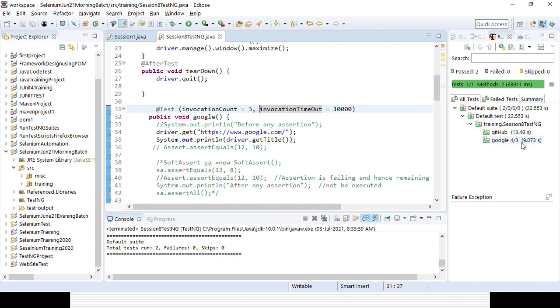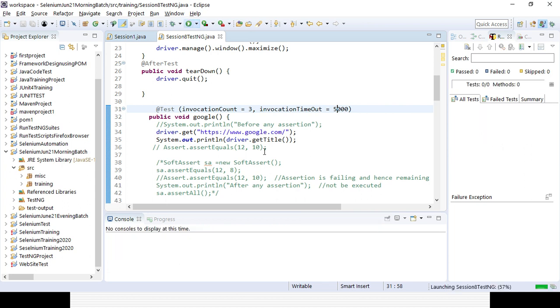It's still passing because it is still checking. You can see here 9 seconds only, so it is still less than 10 seconds, right? So give it 5 here. Let's see now, because the total time for this page is 9.073 seconds. So if you give it 5 seconds, definitely it will fail.